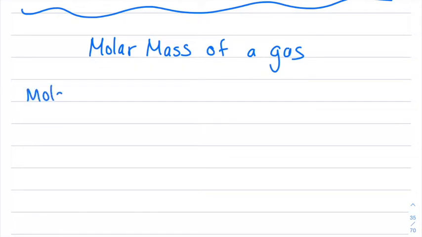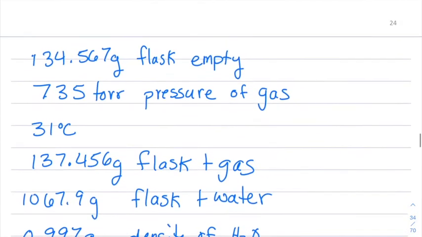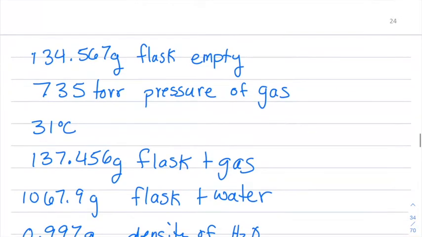So molar mass equals, oops, instead of moles per gram, grams per mole. So how many grams per 1 mole, essentially? Okay, so there's our molar mass. And now let's take a look at what we've got. So we know